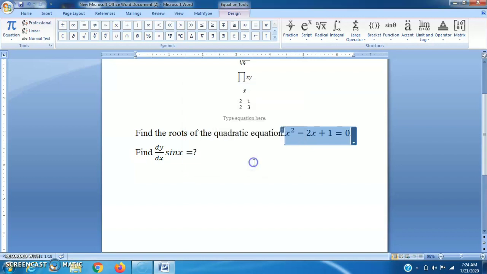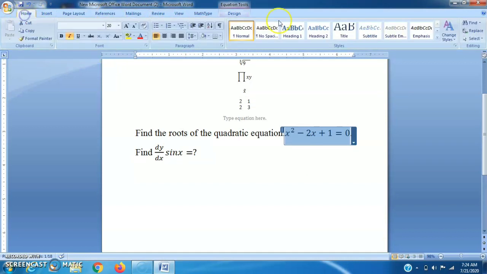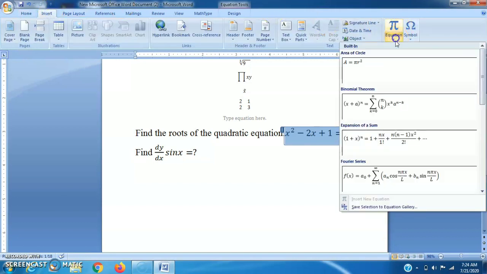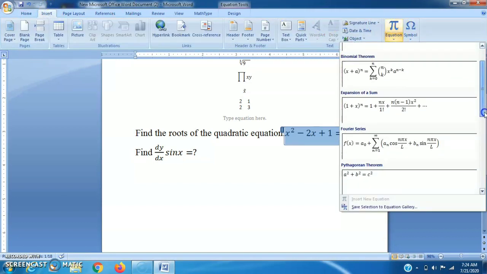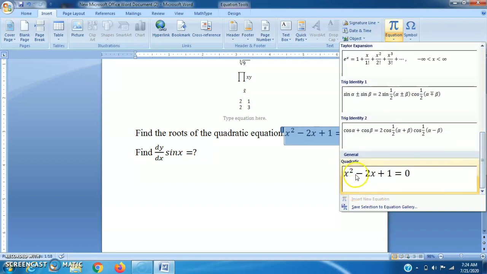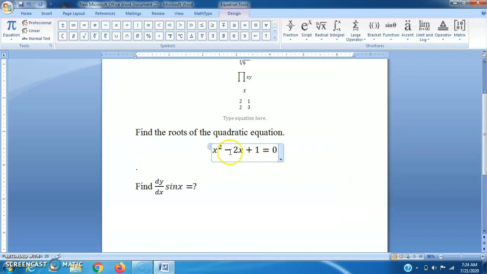Then I click on OK. Now if we go back again on equation, insert equation and click here, then we have to check. Yes, this is the equation we have just inserted. Now we can just click on this and use it again and again. I click on this, then it is here, and I can make any changes we want to make.